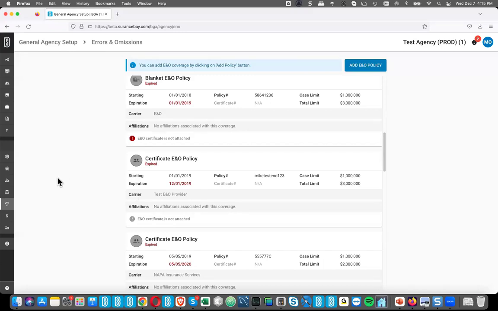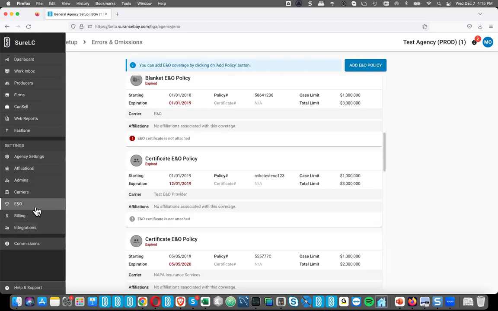Mike, we had a couple questions about if agencies are still going to be able to turn off the marketing messages for E&O. So within the desktop version, you had access to turn those things off. We don't have that UI, we don't have that control in the new web-based version, but if you want us to turn it off for you, just send an email to support and we'll take care of that for you. We haven't gotten a lot of requests recently. That was something that a lot of agencies were doing when we first launched that program several years ago, but lately we haven't gotten a lot of requests for that.